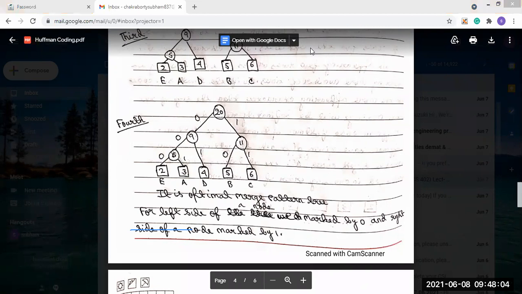Okay, so let's start from here. This is distance into frequency. Then 1, 2, 3, this is 3. And the number of times E appears is 2.